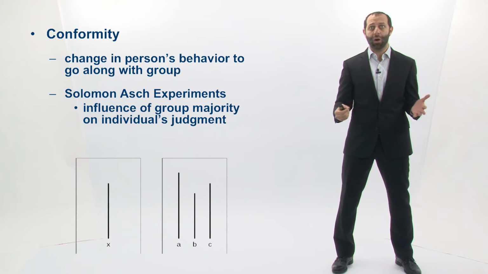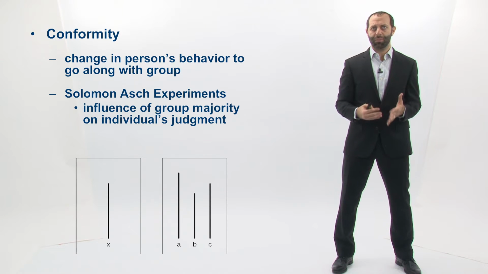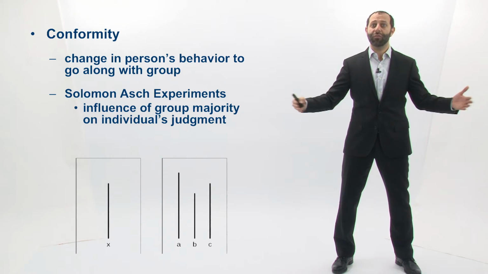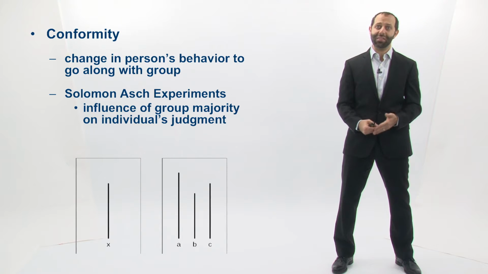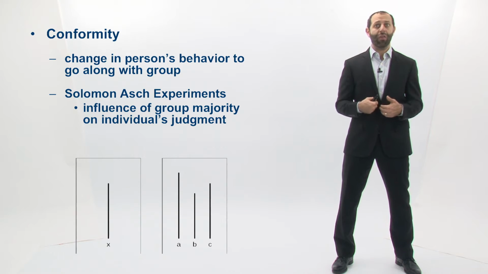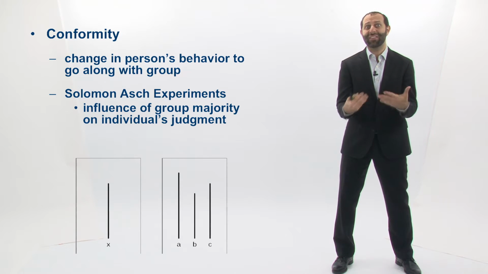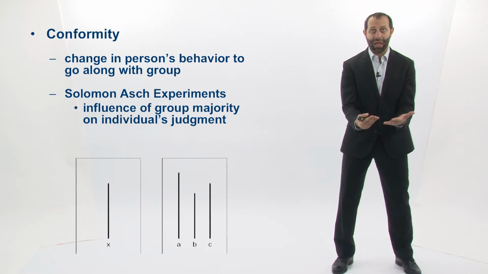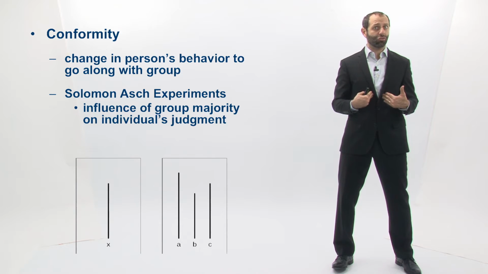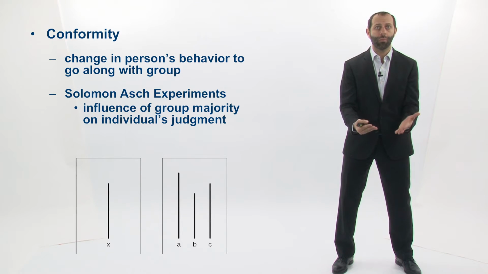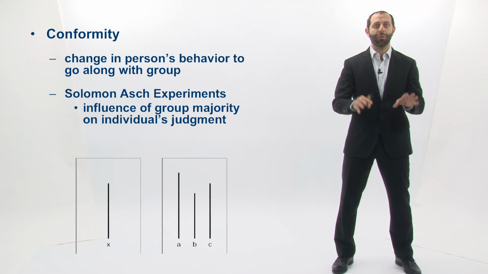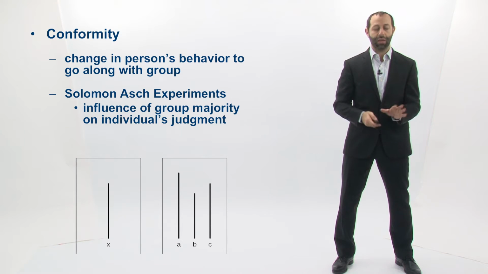And what he found was that a very large percentage of people, somewhere around 37% of people, would actually give the incorrect answer and conform to what the confederates were saying. And they would say B. Now, they would look awkward in the video, they would look uncomfortable, they would have that cognitive dissonance experience. I'm saying something out loud, even though I know internally it's not true, but I'm going to conform to what the group and the majority are saying.